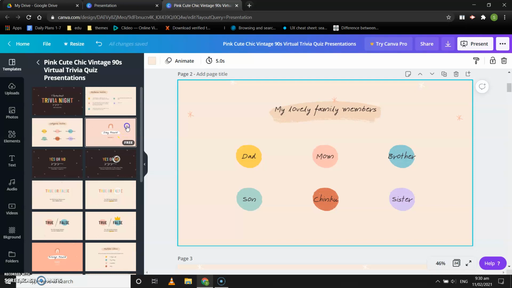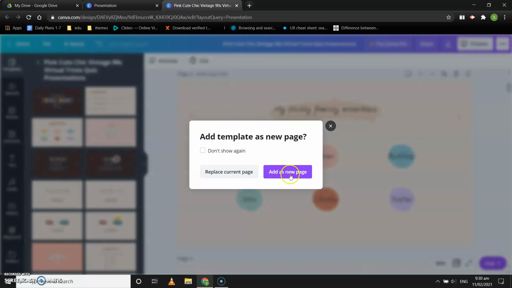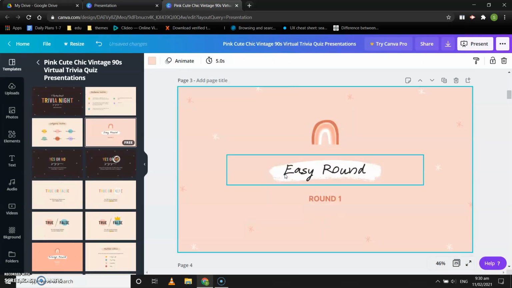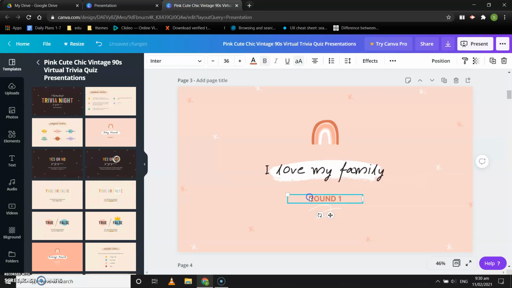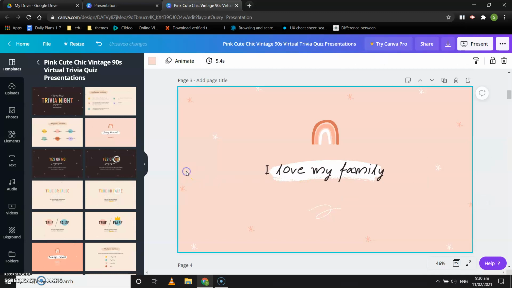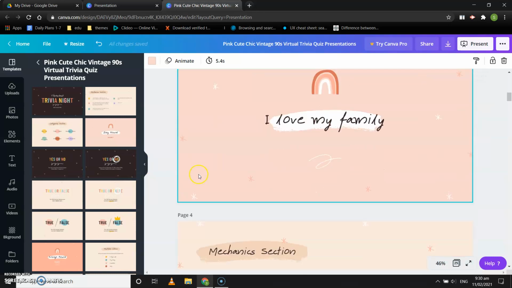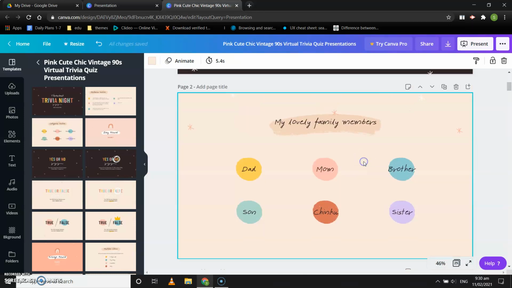Now I want to add one more page, so I can click add this page over here. I can add more pages also, that depends on you. There is no limit for how many pages you can use, but there should be at least 3 pages. Okay, now we are ready for downloading.